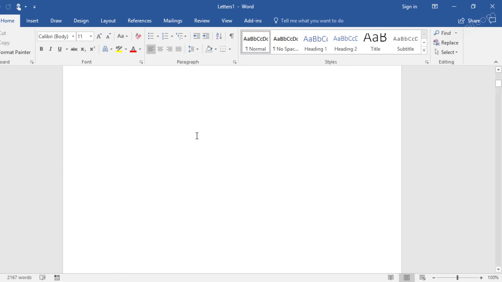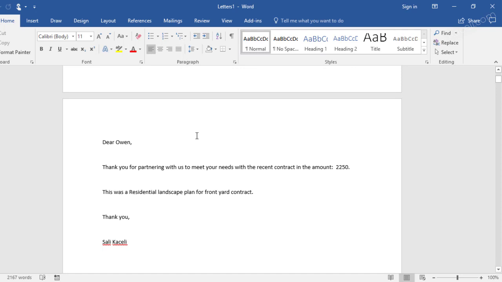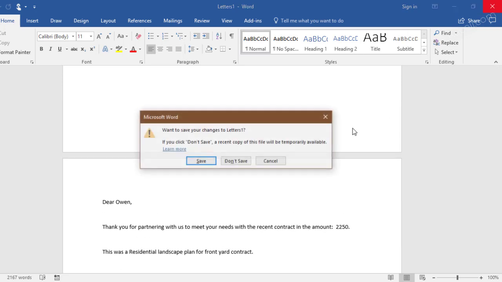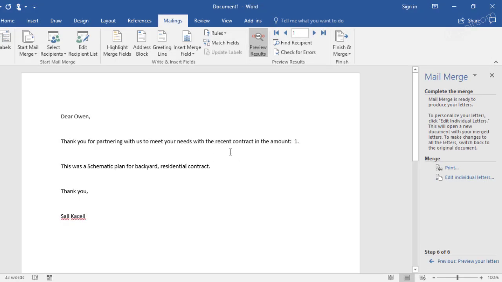Now keep in mind, this you don't need to modify. If there is something that needs to be corrected, you need to actually go back to the database and change the information in the database and then rerun the query. The beauty of this is, and I'm going to close this mail merge results at this point, so I'll say I don't need to save the results, but if I save this form, and this is the form that typically has the codes and all that stuff linked to the database, if I save this,